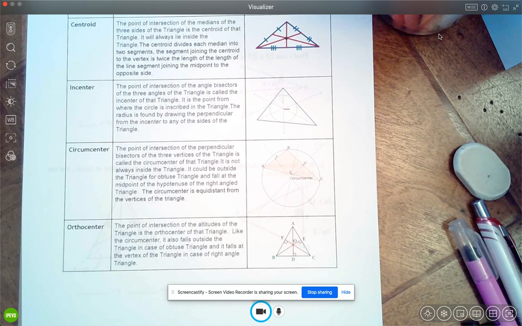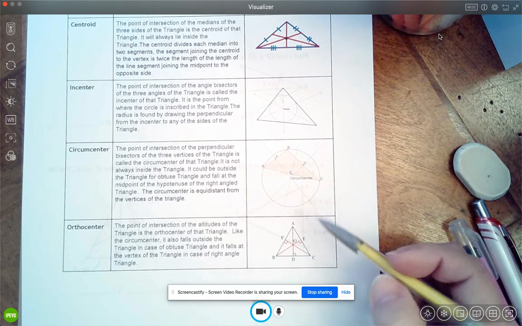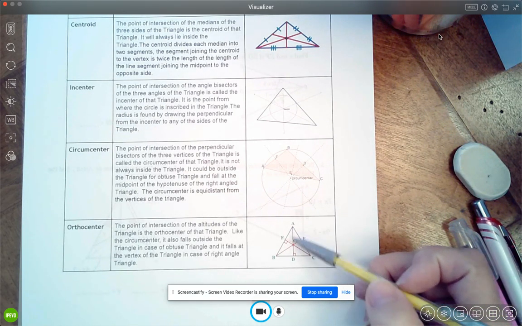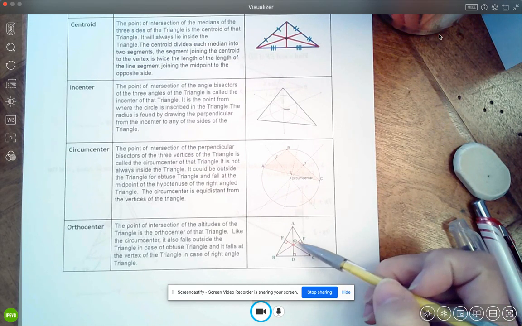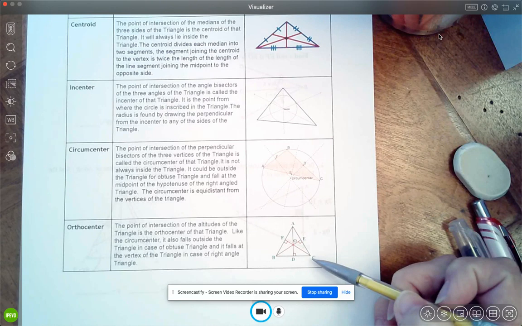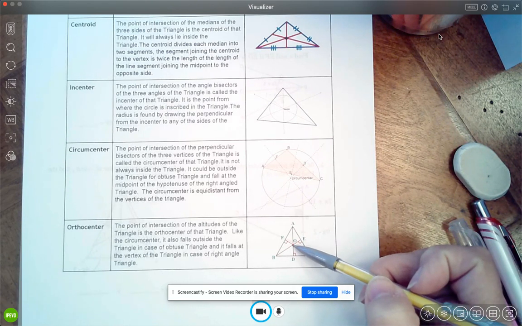And one last definition, the orthocenter. The point of intersection of the altitudes of the triangle is the orthocenter of that triangle. Like the circumcenter, it falls outside the triangle in the case of an obtuse triangle. Okay? So we're going from the vertex over here, and we're going to make a right angle with the other side. Okay? And here it is. That is called the